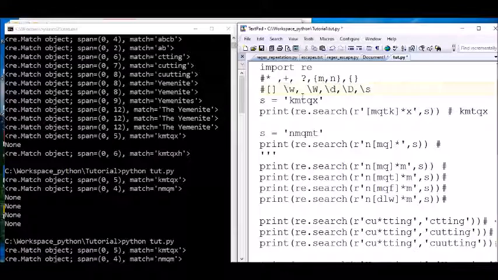So these are the only things allowed inside the brackets, inside the set.